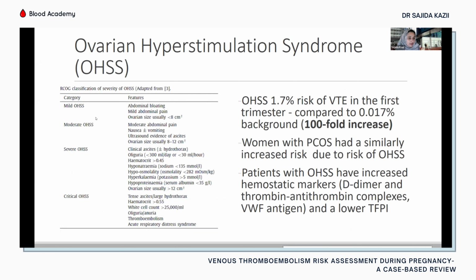It varies between mild, moderate, and severe hyperstimulation syndrome, and OHSS is associated with a 1.7% risk of VTE in the first trimester, compared with less than 0.17% background risk of VTE. Women with PCOS similarly had increased risk due to the hyperstimulation syndrome. Interestingly, most times women who have severe OHSS have presented with upper extremity DVTs,